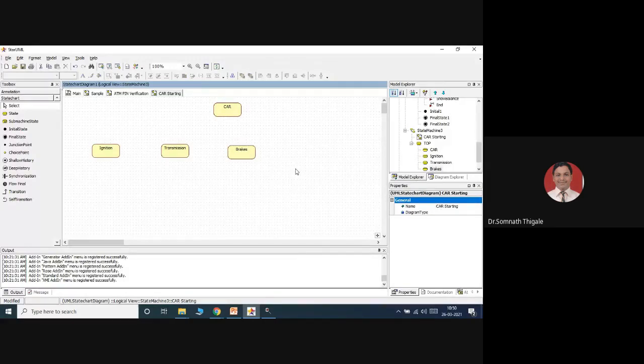Then we want to increase or decrease the speed of the car, so we can take the help of the accelerator.